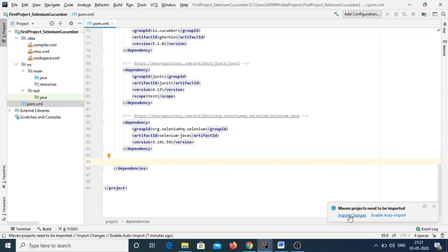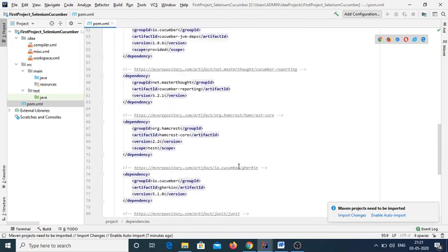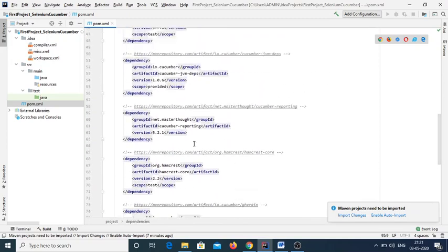Once we click on import changes, it will download all the dependencies that we have added in the pom.xml. If you notice over here, in external libraries, there are no dependencies present other than one Java. When we click on import changes, it will download all and we can see them over here.